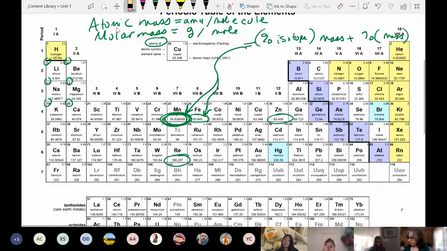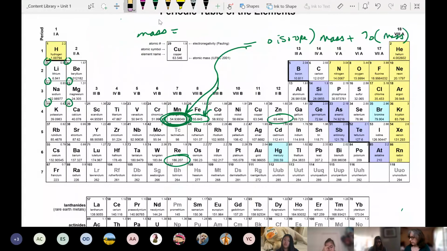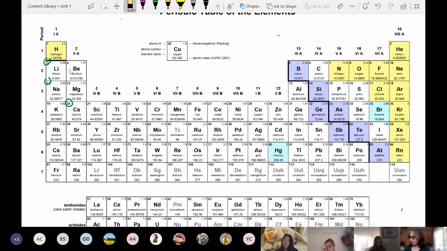So then someone asked me the other day, these moles, why do we use moles? I don't understand. We use moles. That's okay. We use moles because when we have a scale,